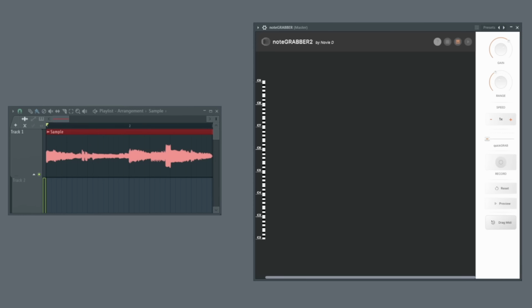You have your bass, now it comes time to build the actual pattern using it. So how do you do this? Well, a good place to start is to build a foundational bass line. This is an extremely simple, basic bass pattern that just follows exactly what your sample is doing, just as a starting point. So here I have my sample ready, and I'm going to open up Note Grabber, and when we hit play,